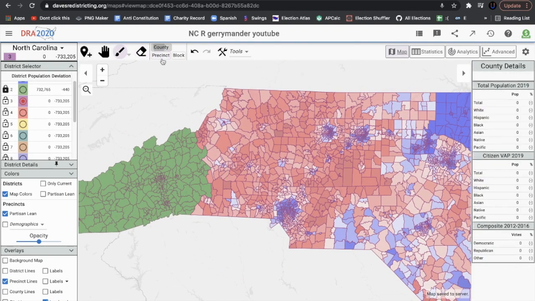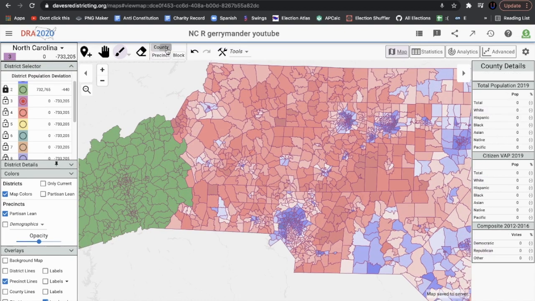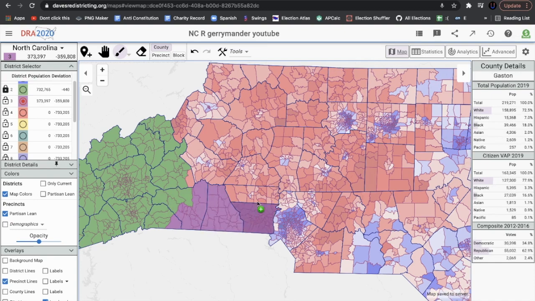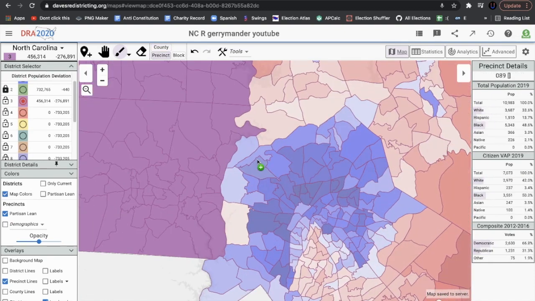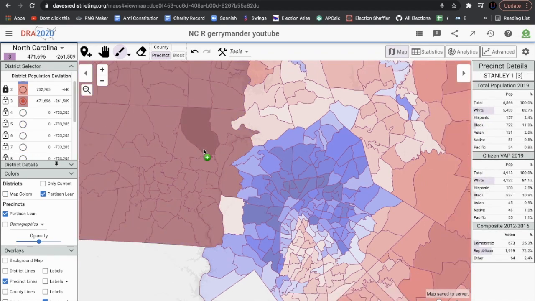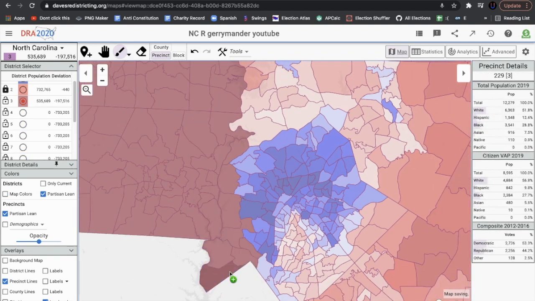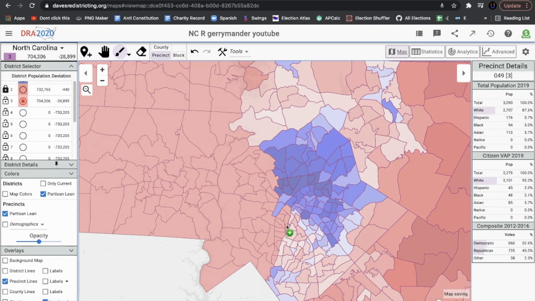So we have Mecklenburg County, which is right here, which is about 1 million people. But we're just going to try to crack this into 3 districts. So first we're going to add in these areas. And this district is going to be pretty deep, right? And now we're just going to, partisan lean factor here, try to add in as many of these Democratic precincts as we can and see where it gets us. So I want this district to be, obviously, Republican leaning, but it might end up being very